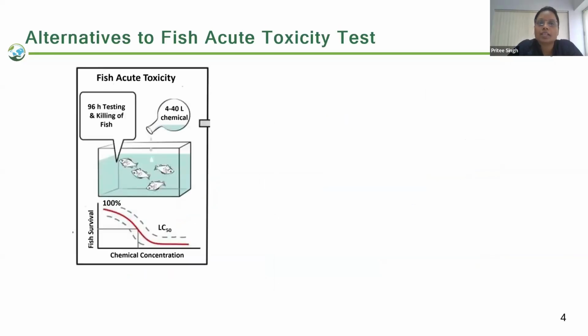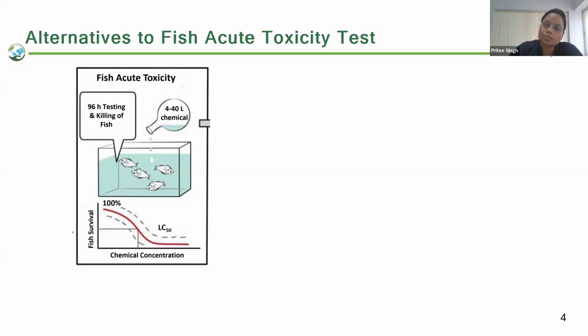So, alternative to fish acute toxicity test. In the traditional fish acute toxicity test, a large number of fish were utilized. For testing at JRF also, we have conducted around 600 to 700 studies. In each phase, these studies are apart from knowing some data about it, as we all know that there are published data available for particular technical chemicals, but for formulated there is no data available.